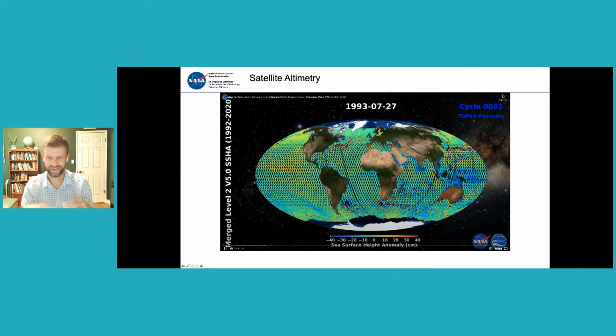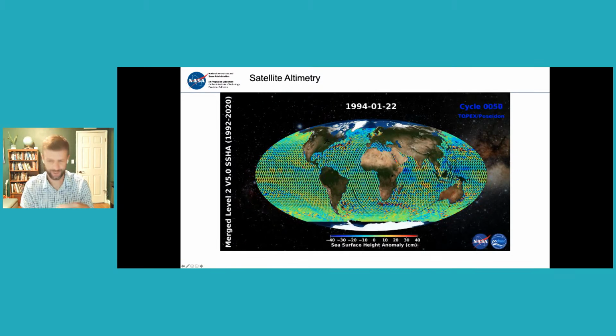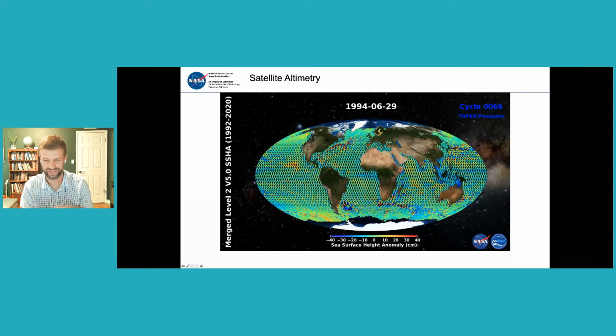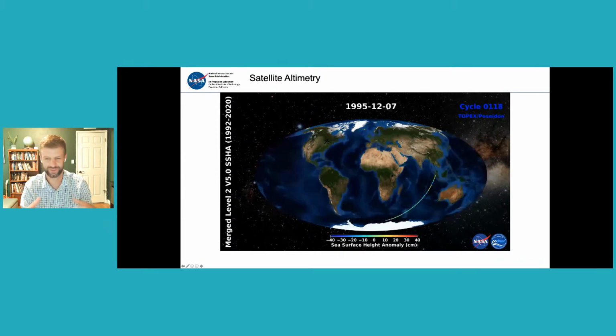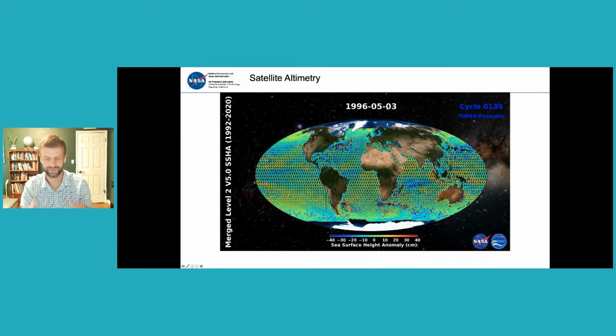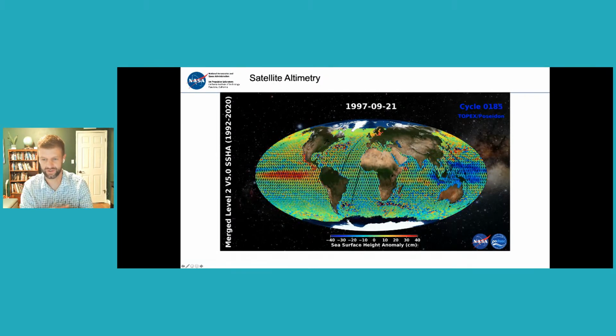So this is the ground track. You can see occasionally the satellite has some problems and that ground track goes in and out or adjusts, but you can see all these different features happen in the ocean. So the ocean is not anywhere close to a bathtub. There's all these different signals going on. It's not just going up and down constantly. There's a lot of regional variability that we can see with these satellites that were previously very difficult to see with the tide gauges on their own.